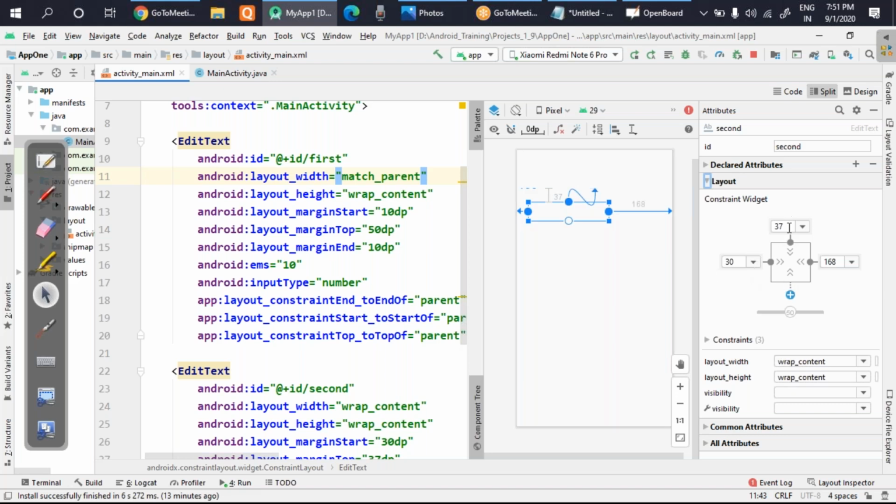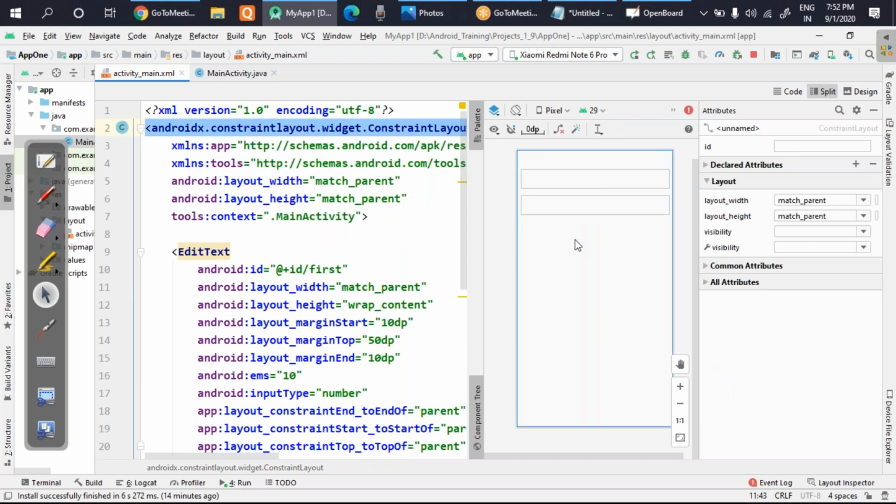So again, I'll make the changes. I'll keep this also as 50, as you all know, so that a good padding space will be available. In the last one, I had kept margin as 10. The same margin I will set here as 10. This side also I'll set it as 10. And I'll mark it as match parent. So now it is wrap content, I'll click this one, it will become fixed. If I click once more, it will become match parent, and you can see it is taking the complete space. If you feel the space is too much here, it's up to you. Suppose I'm making it 20, you can see it is coming closer to that one. You can see here, yes or no, it's closer now. So it's up to you how you want to set.